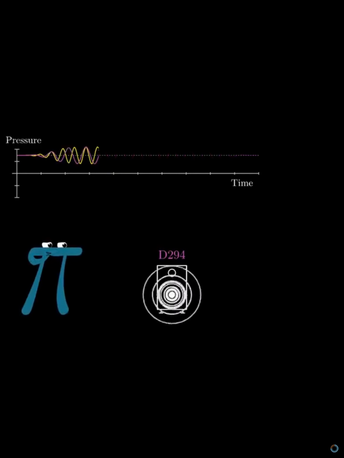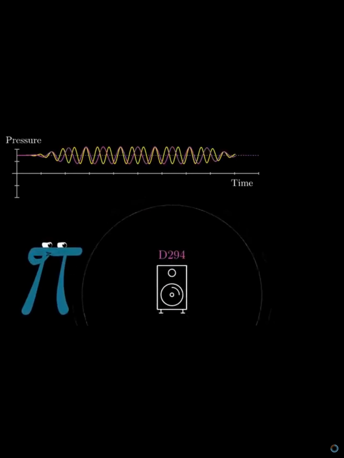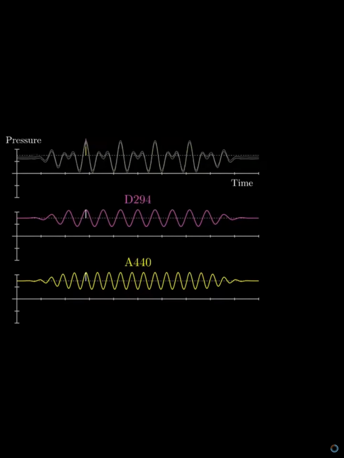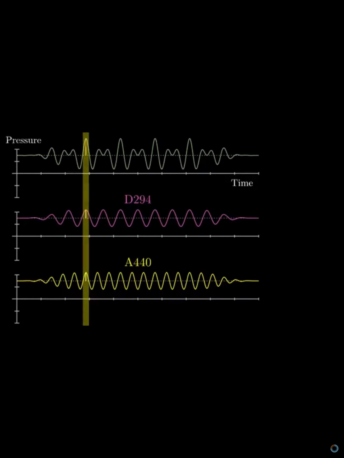And when both of them are played at once, what do you think the resulting pressure versus time graph looks like? Well, at any point in time, this pressure difference is going to be the sum of what it would be for each of those notes individually, which, let's face it, is kind of a complicated thing to think about. At some points, the peaks match up with each other, resulting in a really high pressure. At other points, they tend to cancel out. And all in all, what you get is a wave-ish pressure versus time graph that is not a pure sine wave. It's something more complicated.